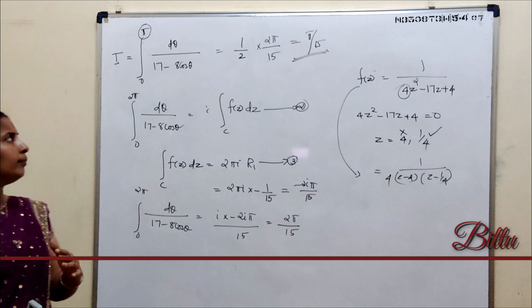So the integral 0 to 2 pi d theta by 5 minus 3 cos theta the whole square becomes integral dz by iz the whole divided by 5 minus 3 into z plus 1 by z by 2 the whole